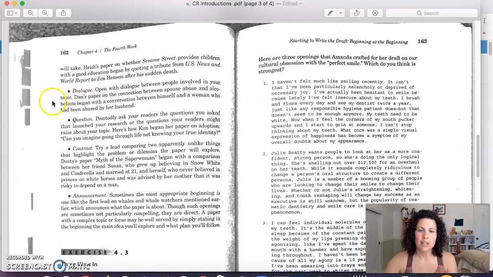The next one is opening with dialogue. So this is obviously a narrative technique that we have discussed, and the thing that I really like about dialogue and that I see in a lot of journalistic writing is that dialogue is very enticing to the reader, because when you see a giant block of text, it's not very inviting. But when you see this little dialogue, like it's a story, and then shorter paragraphs, and then you kind of get to the meat and the research, it kind of lures you in. So think about a dialogue between perhaps two people talking about your topic. Maybe it's you thinking about your topic or discussing your topic with someone else, but any of those can work for dialogue.